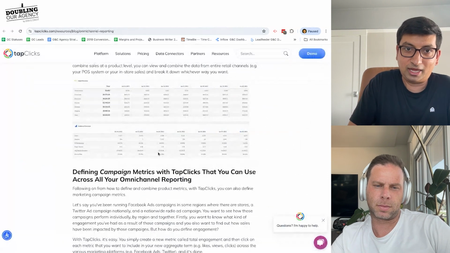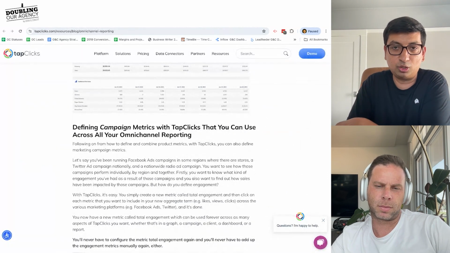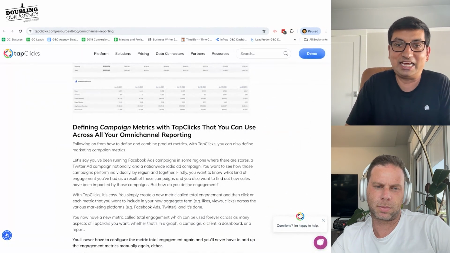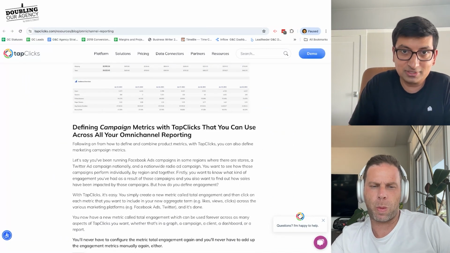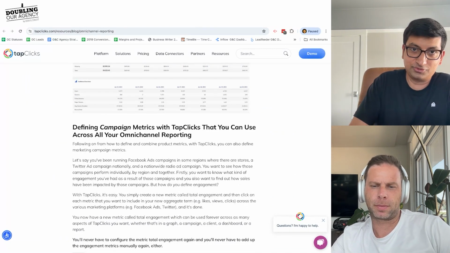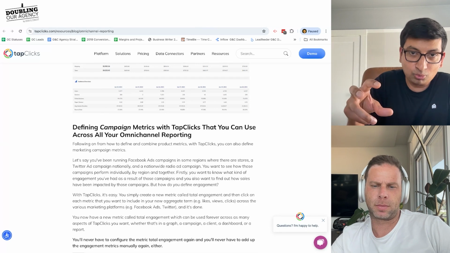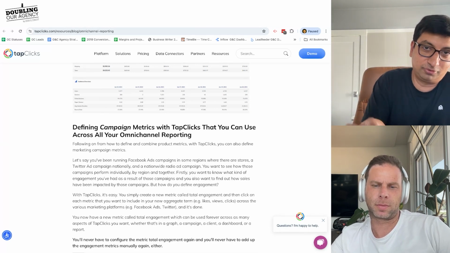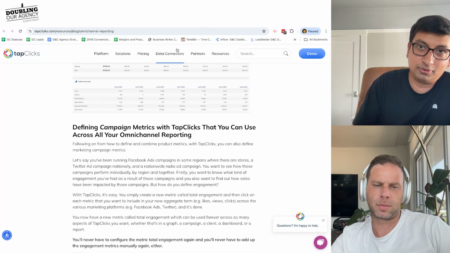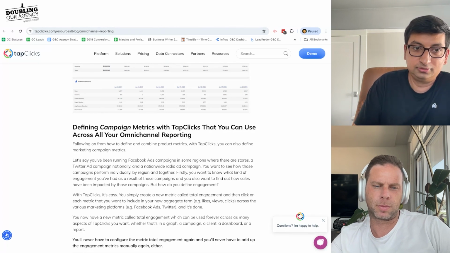And we have set up the piece in a way where we go into massive detail of exactly what scenarios cause you a bunch of problems that the product Tapclicks solves. This is like putting a demo or a sales call in your blog post. That's why these convert really well. And it's ranking number 1. That's it. That's all I have to say.